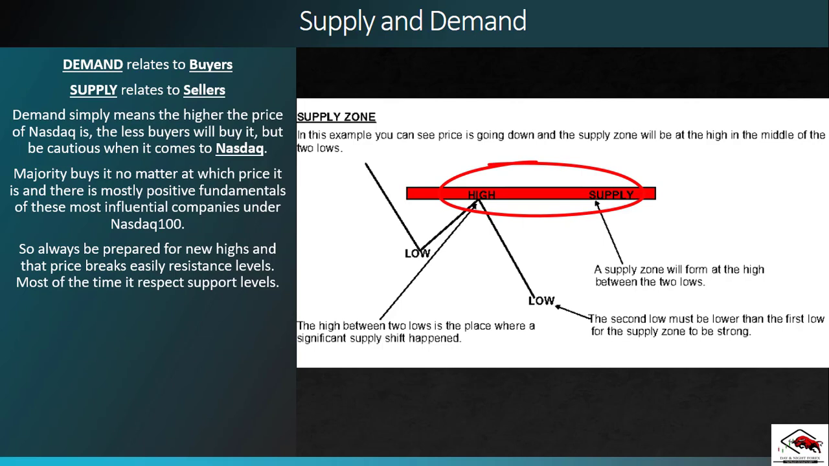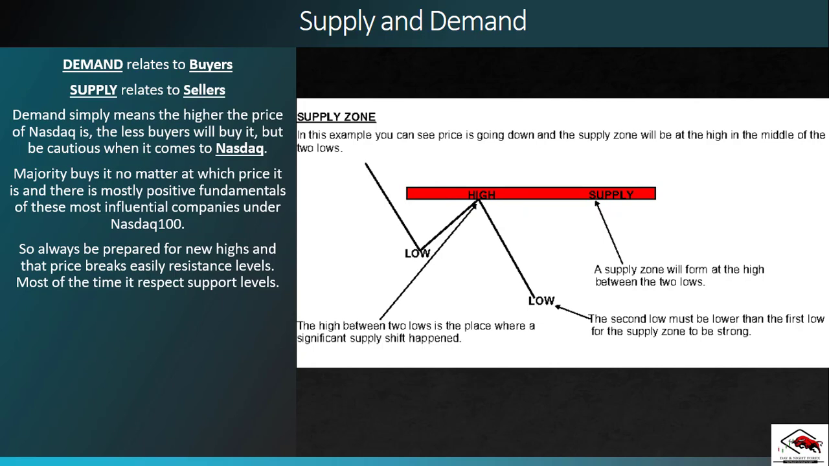So remember now in the supply zone, we are going down, right? So we have lows instead of highs. In between these two lows is where we have a high, which will represent our supply zone area. So a supply will form at the high between these two lows over here. The high between the two lows is the place where a significant supply shift has happened, just as we said